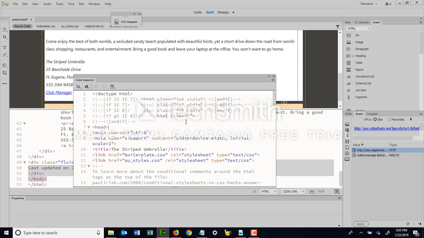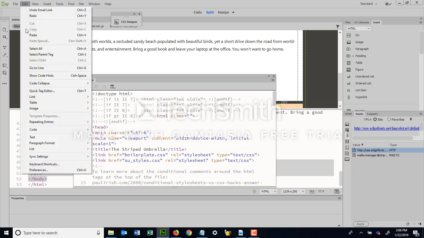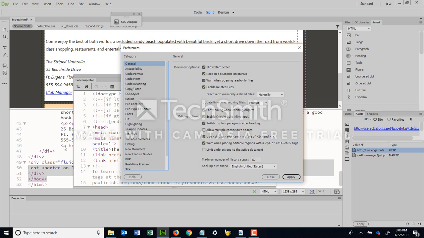Page 30, view HTML5 nav tags. So we're going to look at the nav tags here. This talks about some preferences in code view. So if you go to Edit and then to Preferences and go to,